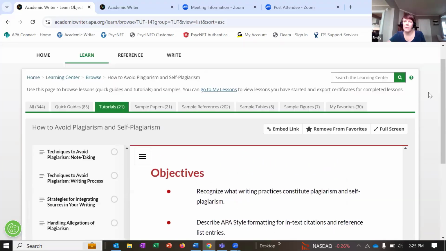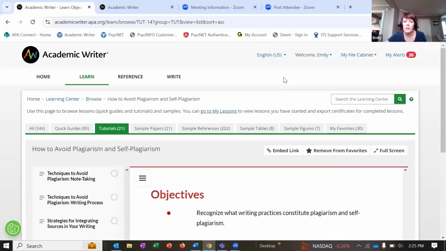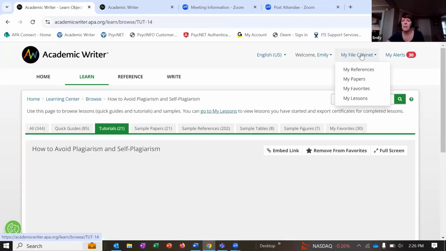That is how students would complete the lessons with their knowledge checks and quizzes included. They can track and view their progress if they go to My Lessons. Up in the top right, like I mentioned, the My File Cabinet, you can get to My Lessons here.